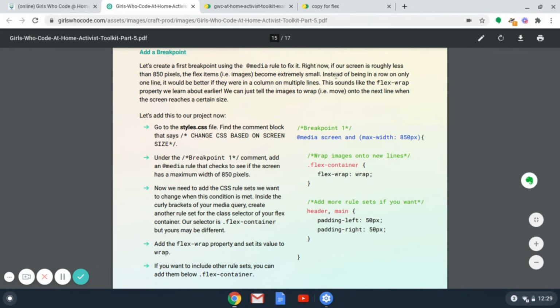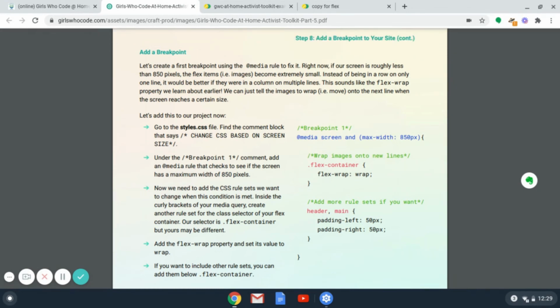So in that case, instead of keeping them in that one row on one line, where they're going to keep getting smaller and smaller as the screen shrinks, it might be better to have them in a column on multiple lines. And so we're going to use the flex wrap property that we talked about earlier for our flex container, and we're going to put in a media query that says